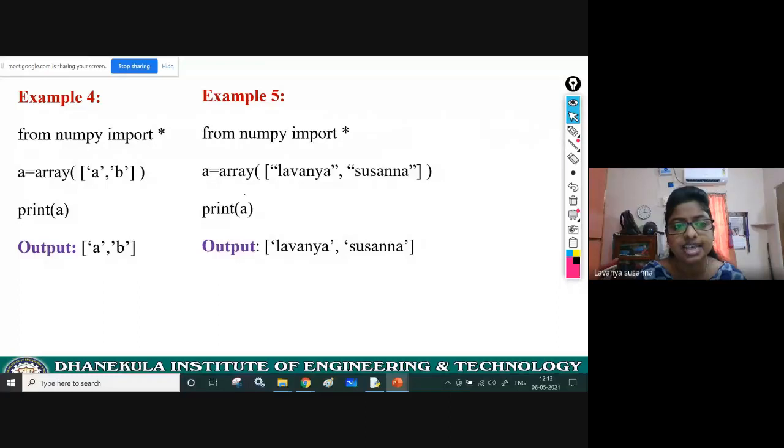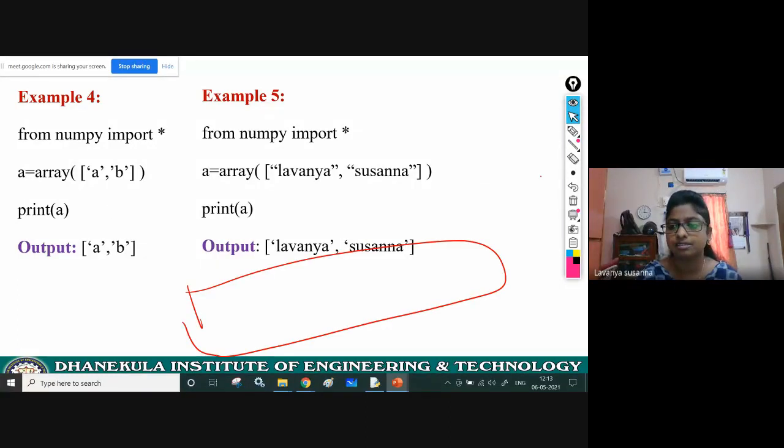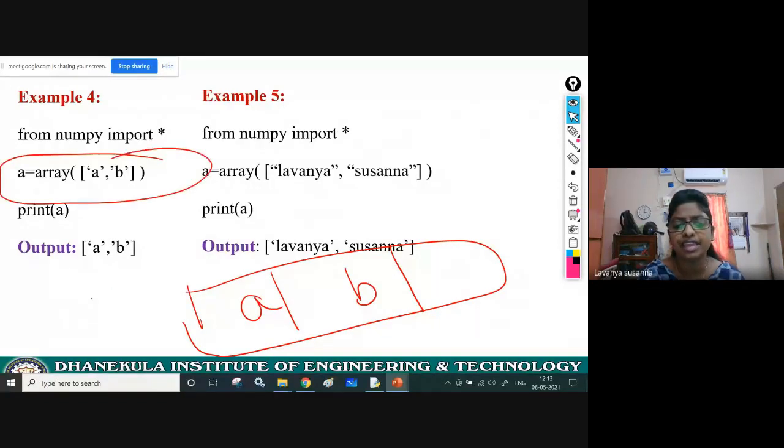Now see the next example. Here I am creating an array with characters. No need to specify any type. See this example: a equal to array.